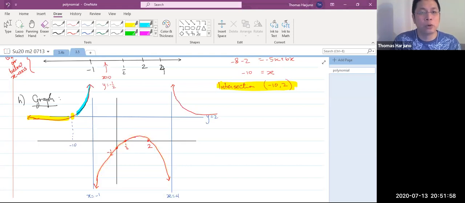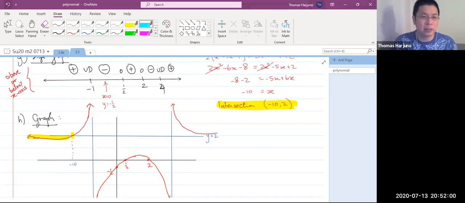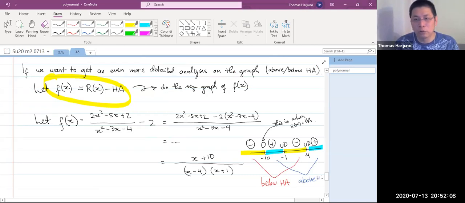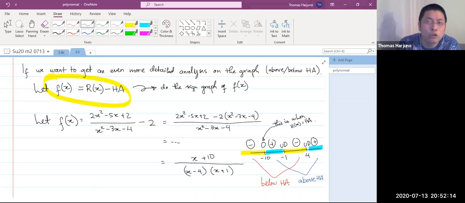Okay, so we use the analysis that we learned before, we use our algebra to graph. Do not rely on a graphing calculator. You are not supposed to use a graphing calculator anyway. But I promise you one thing: if you use a graphing calculator, it will distract you so badly,